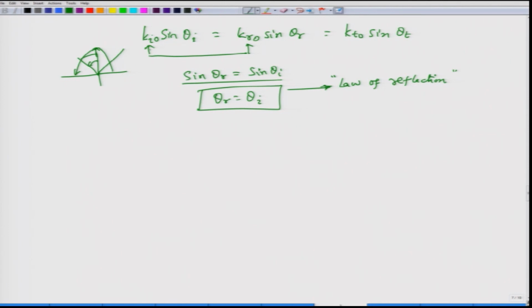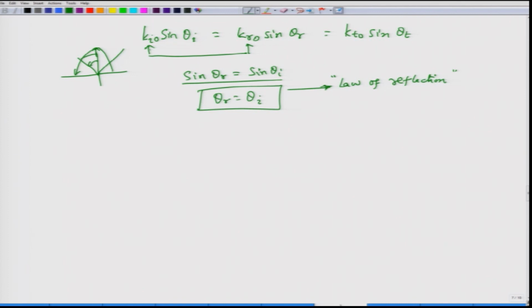We did not find it out experimentally, but we do know that mathematically this must be true, and fortunately this has been verified experimentally also. So, Maxwell's equations are very nice in that way, that we can actually obtain the so called Snell's law as just phase conditions. We have not put a lot of effort into it. A simple phase matching condition has given us theta r equals theta i.